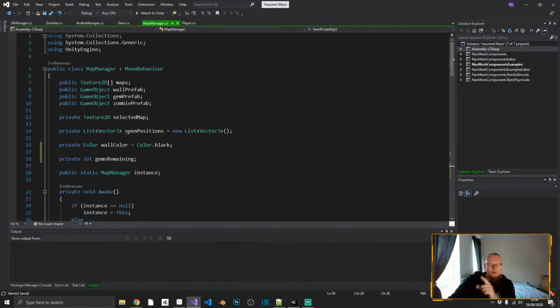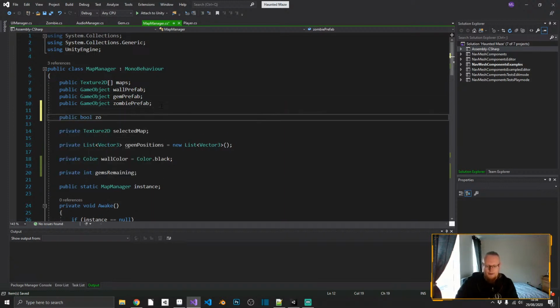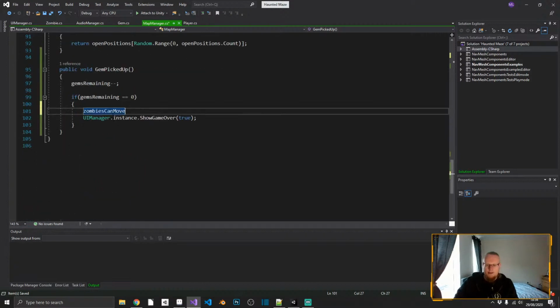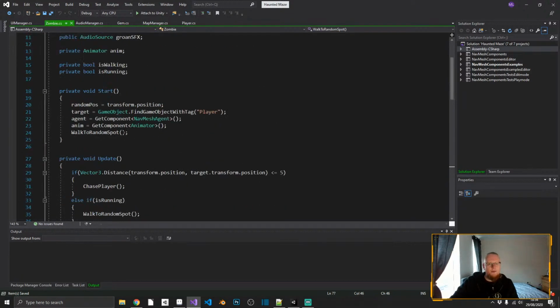One thing we do want as well, we want to make sure that we stop the zombies moving, because if we collect all 5 gems and a zombie walks over to us while we've got a you win message up, it'll still kill us, and that'll replace it with the you lose, but you've already won, so you shouldn't be able to do that. So I'm going to create a public bool zombies can move. I'm going to set that to true by default. If we win, I'm going to set zombies can move equals false, and then inside of our zombie script, I